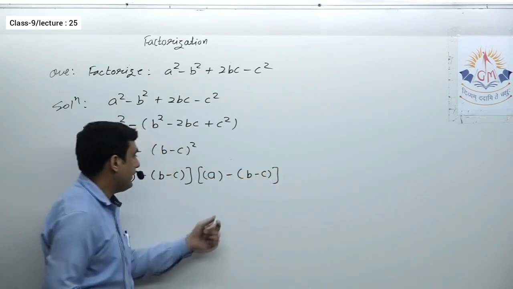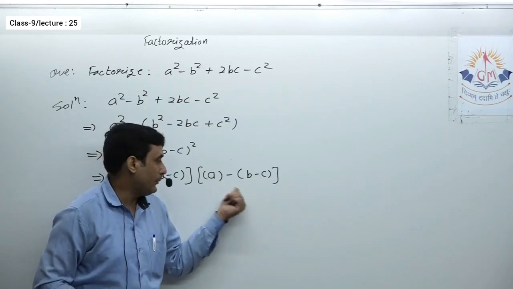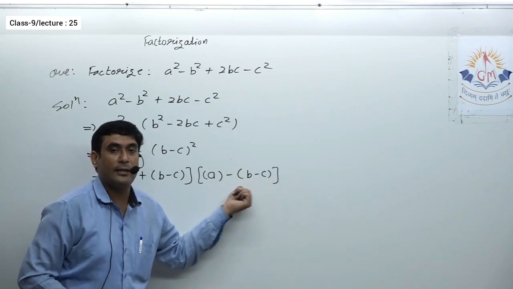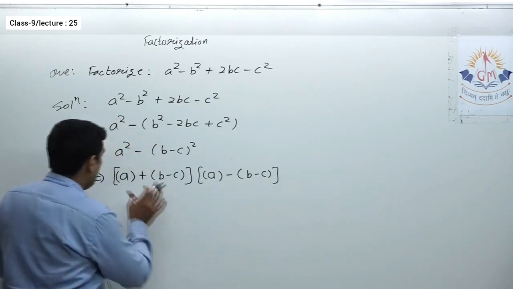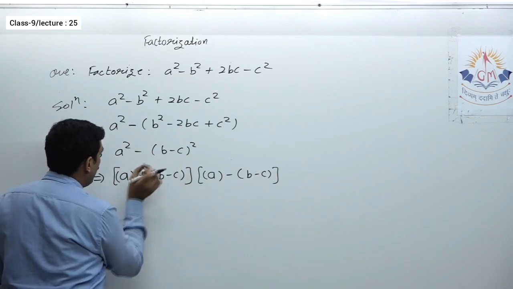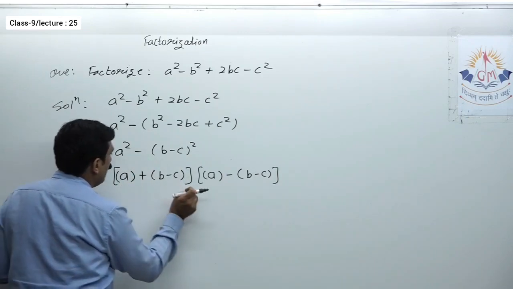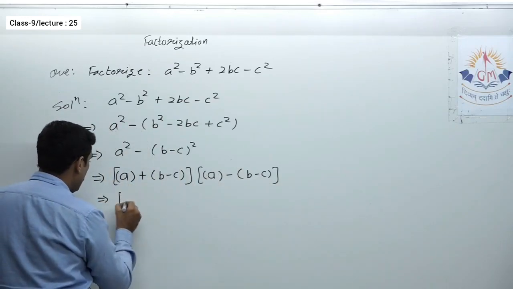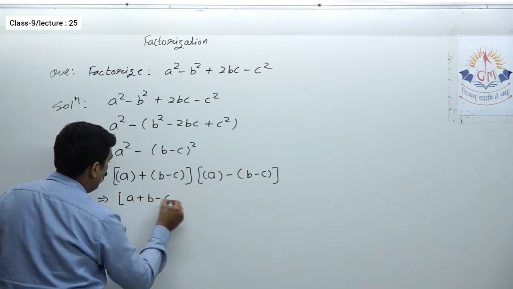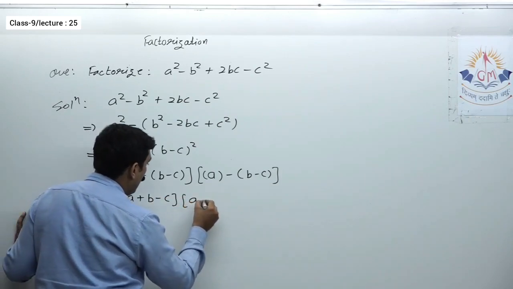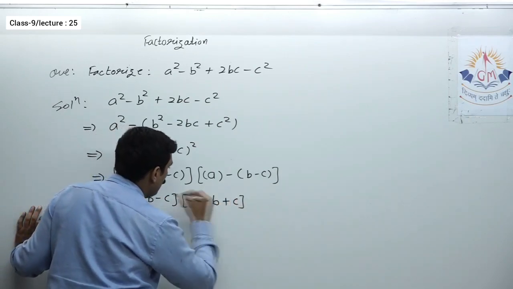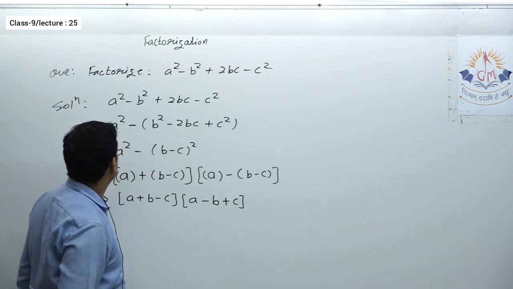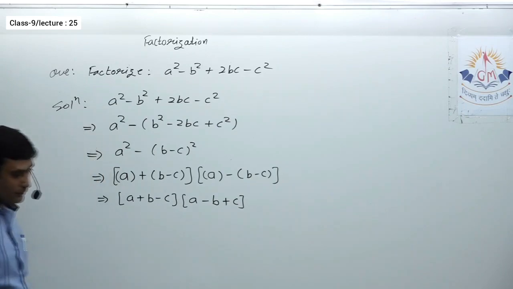See, as I told you, always keep the habit of keeping bracket before the minus sign, because over here if you don't put bracket, you will get the incorrect answer. Okay, so this is first square minus second square. So I wrote first plus second multiplied by first minus second. Now I'll open the bracket. So here I get a plus b minus c, and over here I get a minus b plus c, isn't it? A minus b plus c. So these are the factors of this expression. So please note it down.